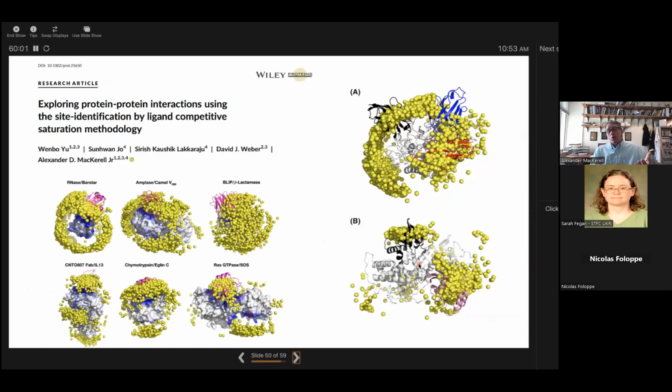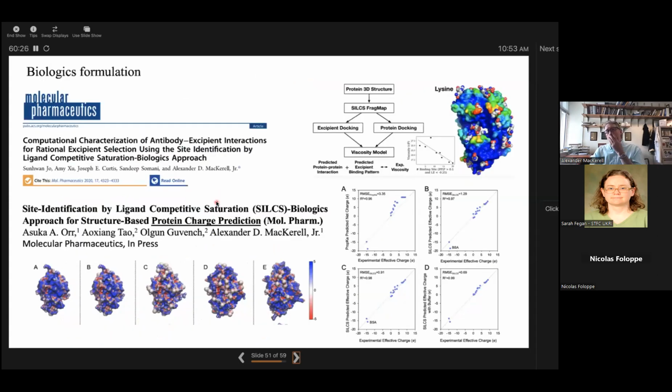We can do protein-protein interactions by docking one protein with another protein in the context of the SILCS FragMaps and probability distributions of the functional groups in the protein. It's nice because it gives you the full distribution of potential binding sites, and we show that it reproduces known binding orientations. And this has been interesting because it's now allowed us to move into the area of biologics formulation, where what we want to do is use SILCS to predict